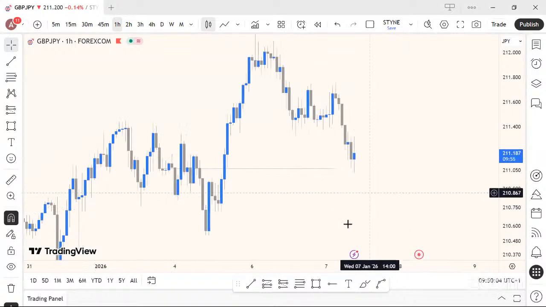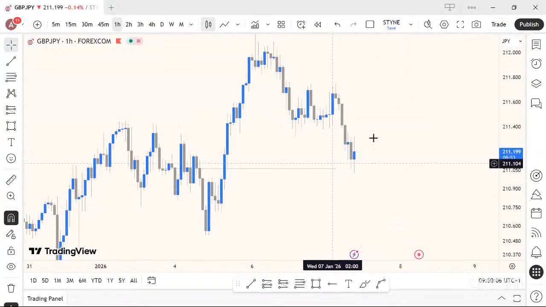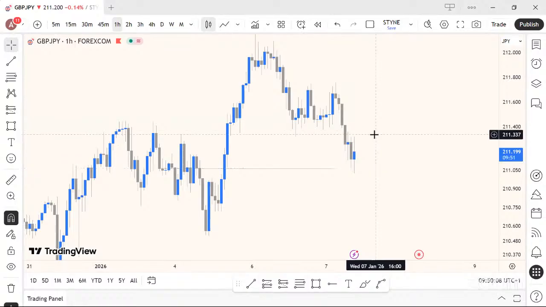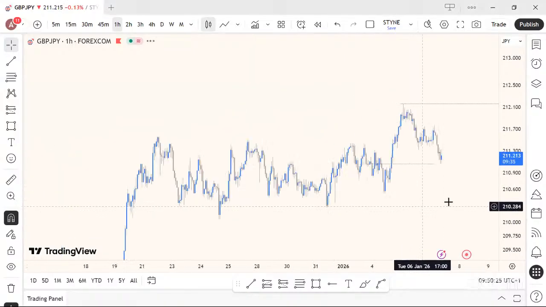All right. So it's trying to give another entry opportunity. But you're going to have to be patient, please. Patience is key in trading. So you see, we are having something like this. The moment we can close with a body above this place, then you know that our buy idea has become valid again. And then we can now join in the buy.